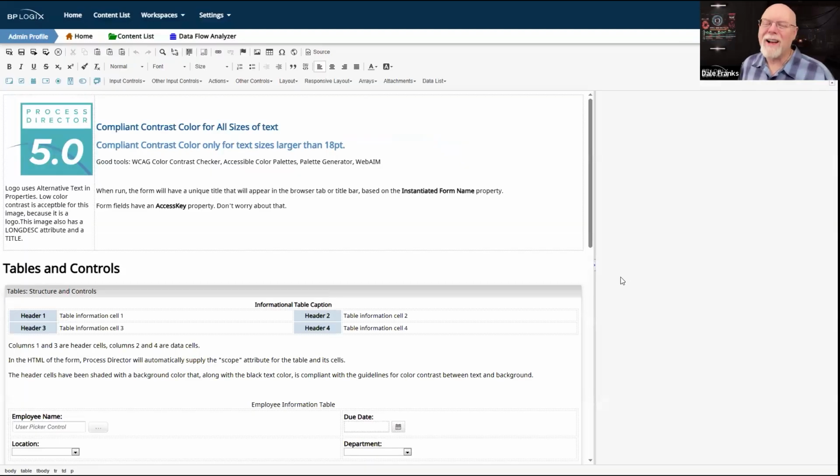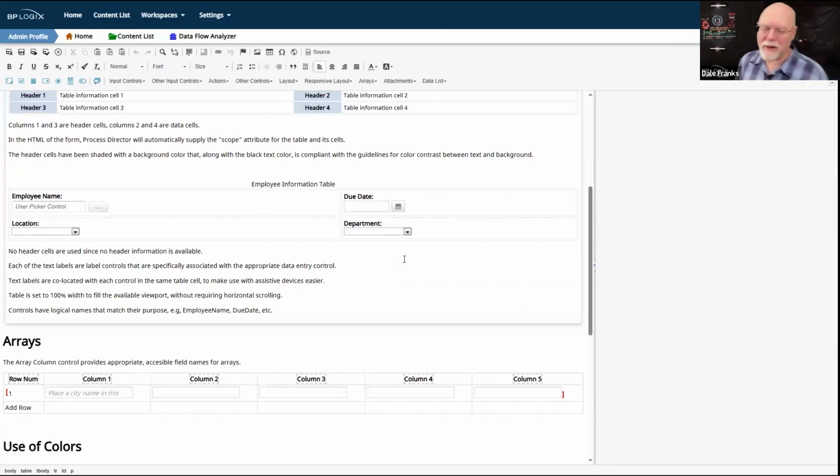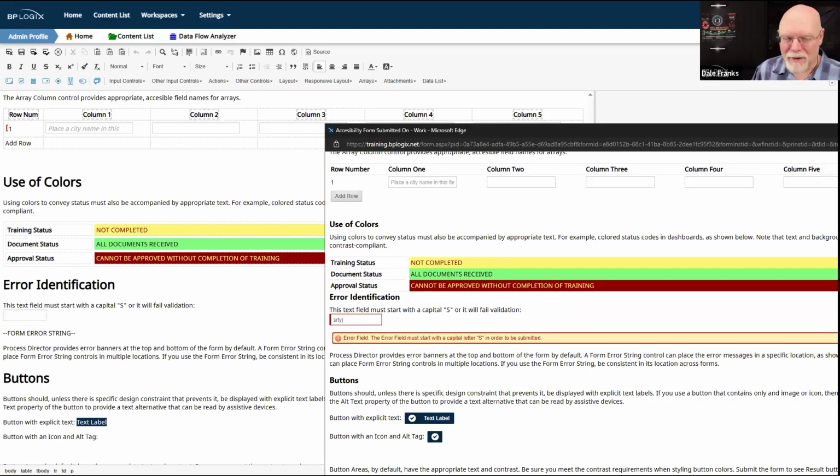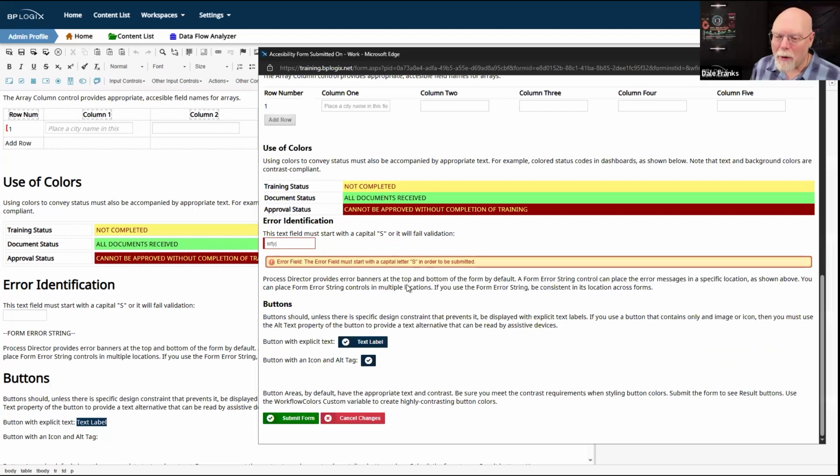The user already knows they've made a mistake. They already know that this form is not submitting. Telling them you must re-enter the data in this field, that's not helpful. They already know that. What they don't know is what data they need to enter in that field to make all of this go away like a bad dream.